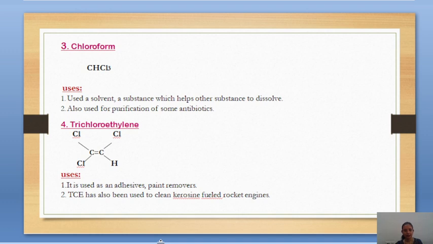Then the next compound is trichloroethylene. The structure of trichloroethylene is given. Then its uses: it is used in adhesives and paint removers. It has also been used to clean kerosene fueled rocket engines. Then the next is